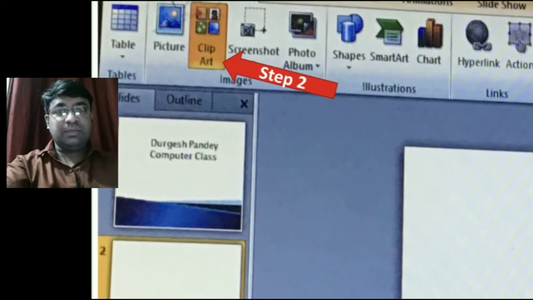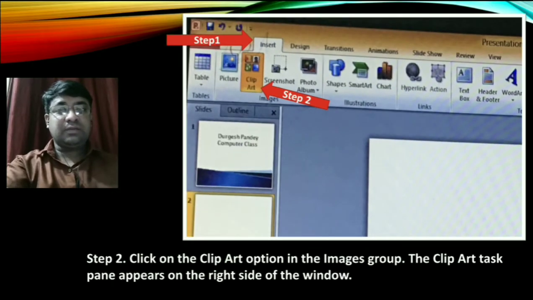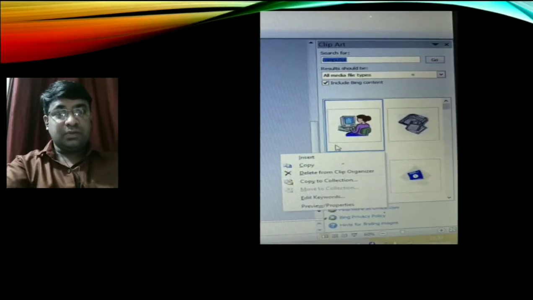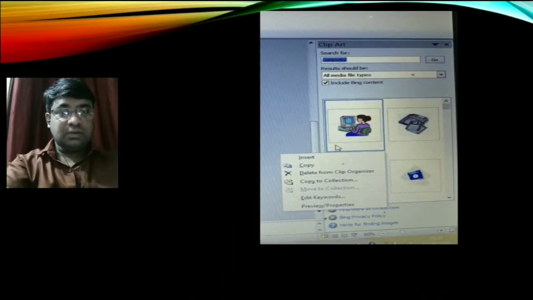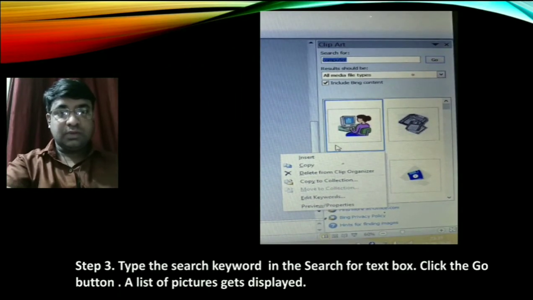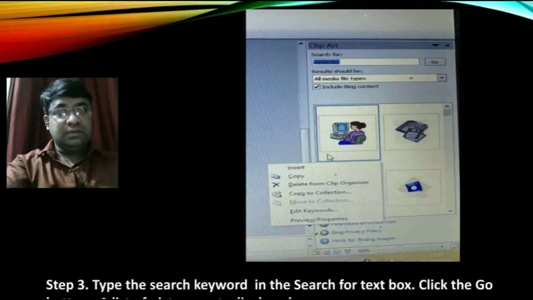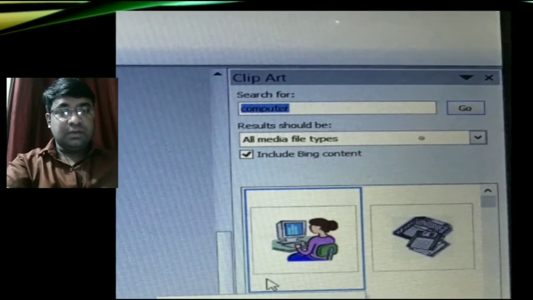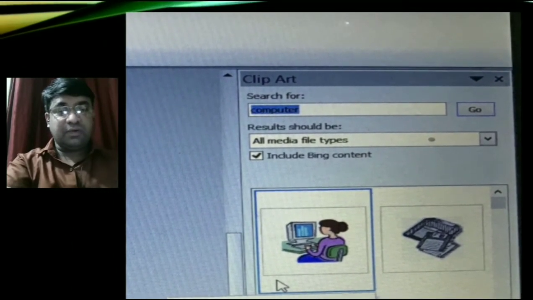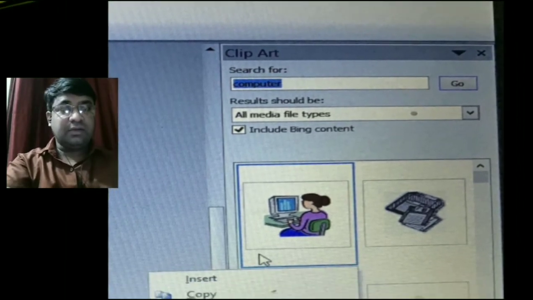When you click on the clip art option, then the clip art task pane appears on the right side of the window. This is the clip art task pane. Now, third step is type the search keyword in the search for text box and click the go button. You can see that in the diagram. So type the search keyword in the search for text box and click on the go button.